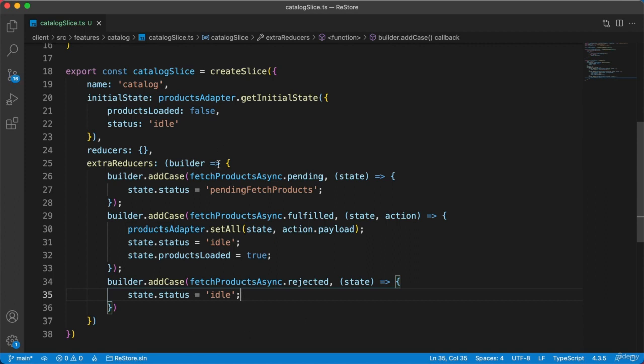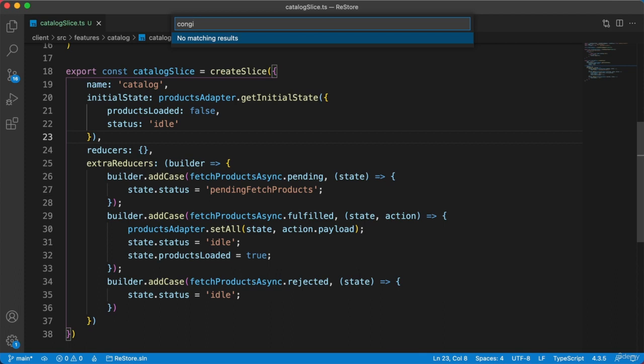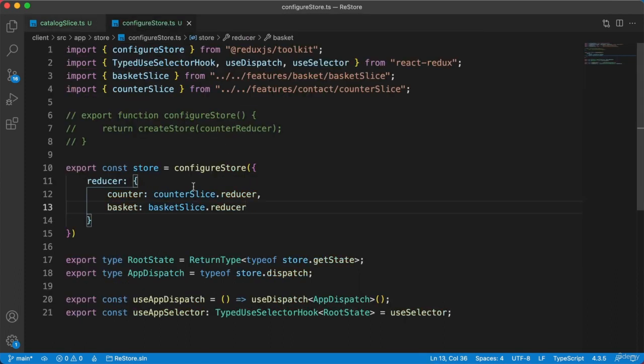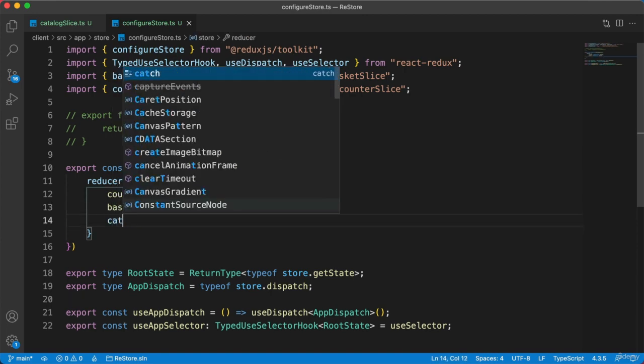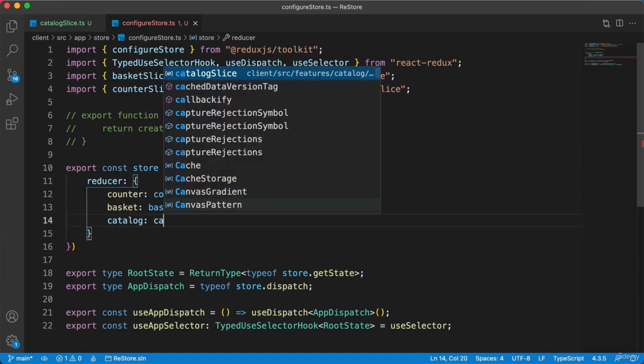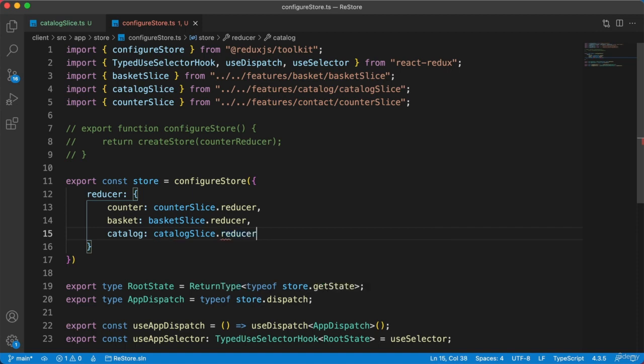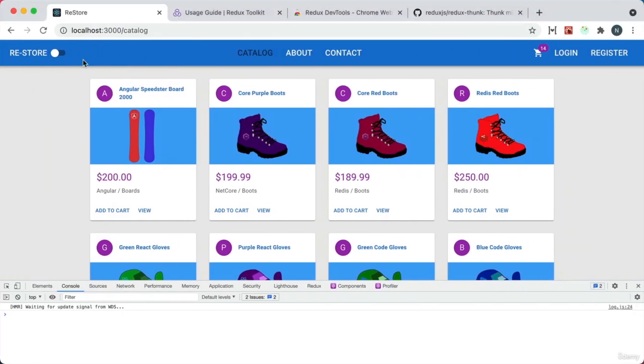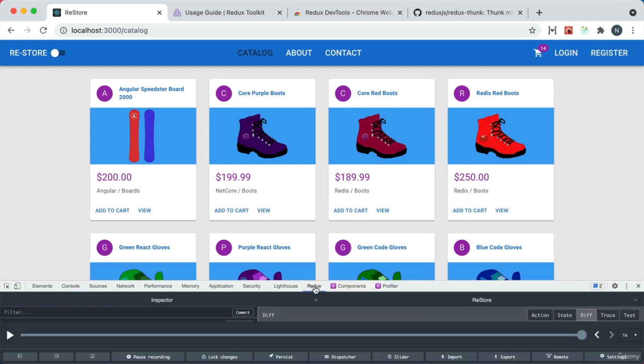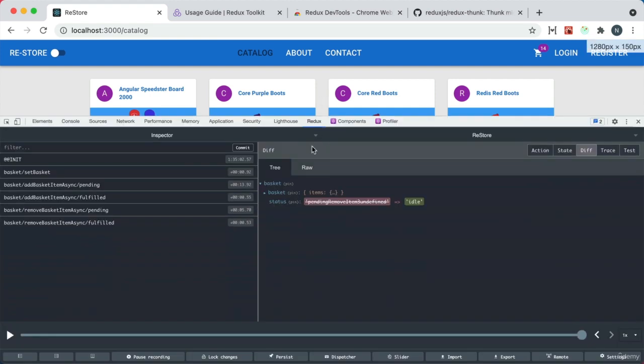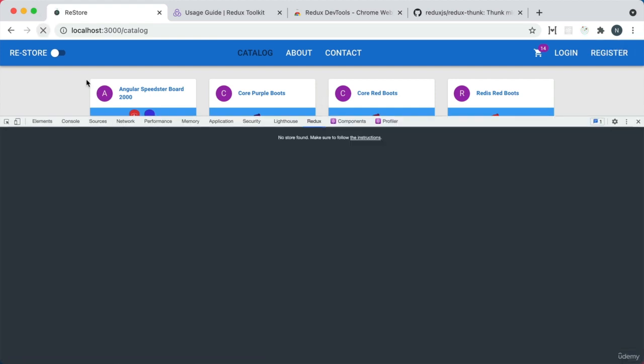Now, because we've created a new slice, the next place we need to go is to our configureStore method, so that we can add our new reducer inside here. And we'll just add a comma, and then we'll say catalog, and we'll say catalogSlice.reducer to add it to our list of reducers. And before we do anything to go and get the products using our new async function, let's go take a look at the difference in our app. And if we just go to the Redux DevTools and take a look inside here, and let's just refresh the page,